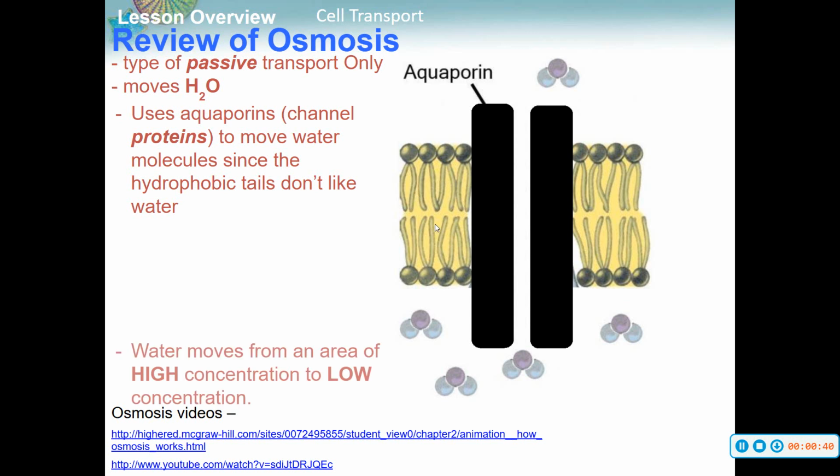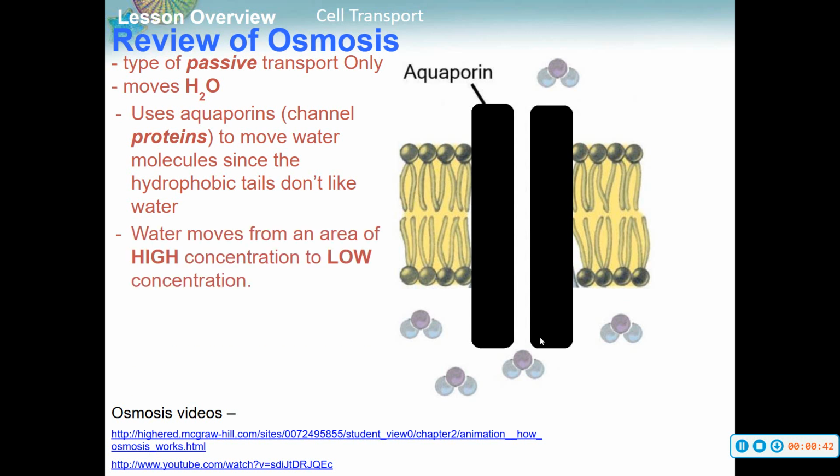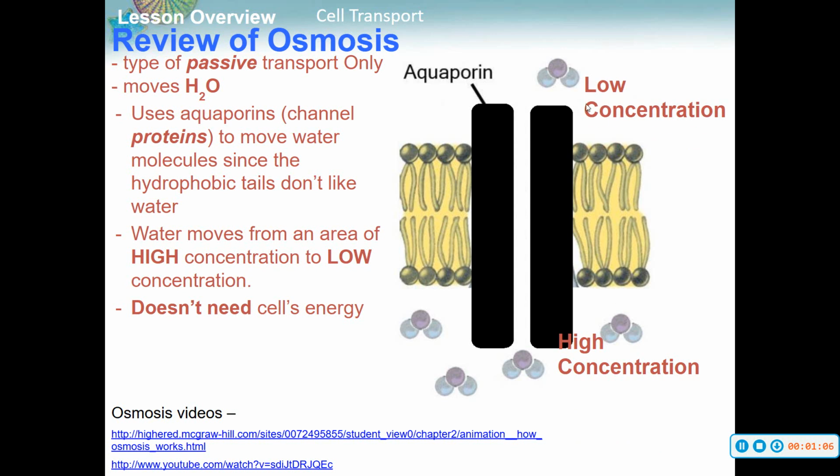They don't like water. So remember that water likes to move where there's a lot of water to where there's not a lot of water. And the cell doesn't need to use any energy to do this because the water molecules are moving with the flow, or with the concentration gradient, from high to low concentration. So in this picture we have a high concentration of water molecules on the inside of the cell, and there's a low concentration of water molecules outside, so that water wants to move through the protein, the aquaporin,